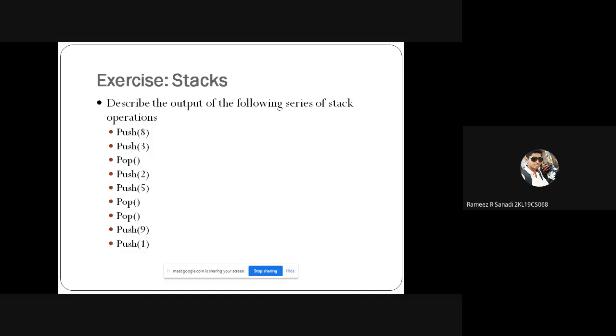Yes, sir. Okay. So there's one exercise for you. Describe the output of the following series of stack operations. So I will draw a stack. This is the top. First I say push 8. So 8 should go into the stack.